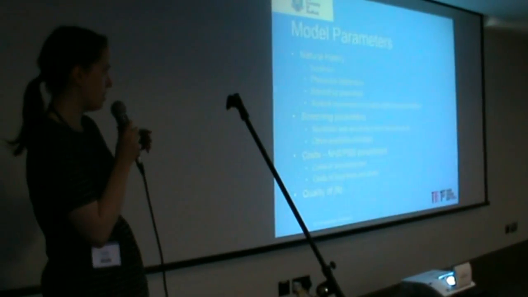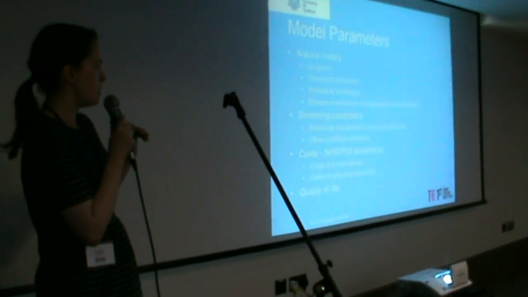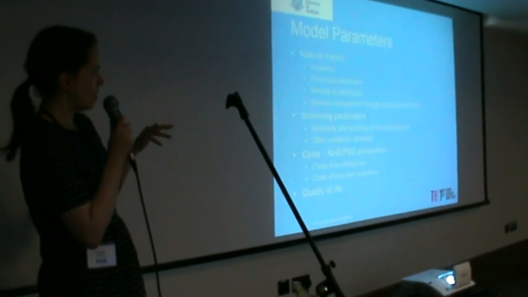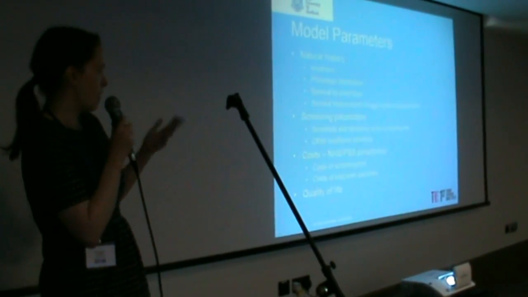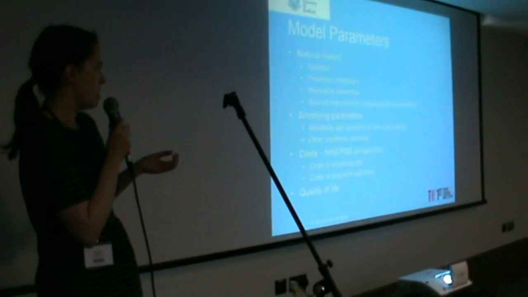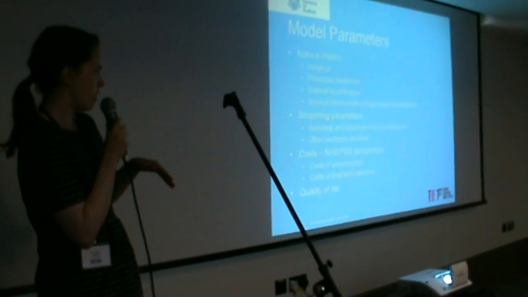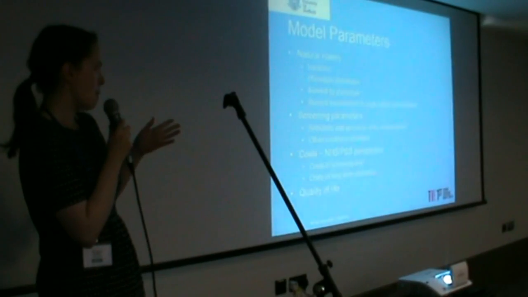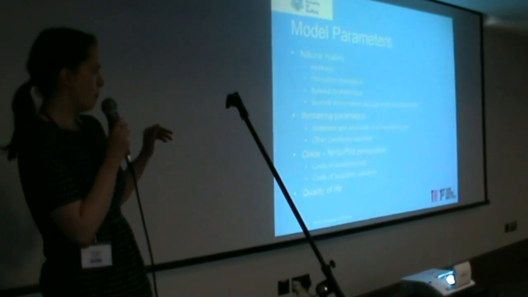So the model contains a number of parameters. The natural history: your incidence, your phenotype distribution, survival by phenotype, so that's whether you've got cerebral ALD, AMN, Addison's, and the survival improvements through earlier transplantation. Then the screening parameters: the sensitivity and specificity of the screening test, and also the other conditions identified. And then the costs,